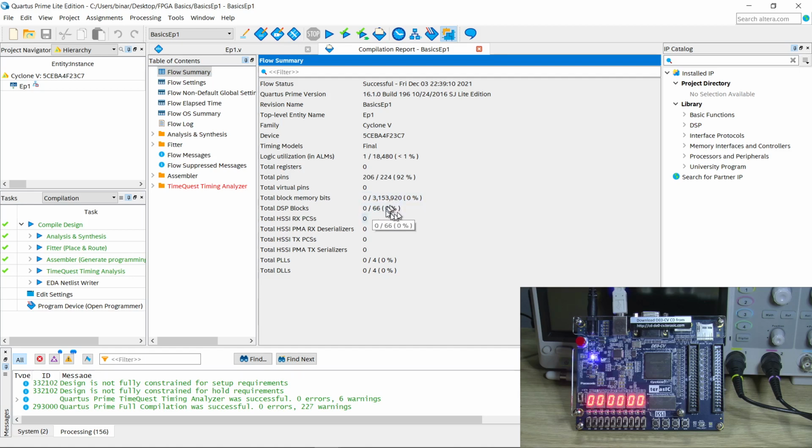How much of our DSP blocks we're using, so not using any of the memory or DSP blocks. And we can see how much logic utilization, so our adaptive logic modules we're actually using, so less than 1% in this case, so hardly using any of the chip whatsoever, simply because we're wiring up some inputs to outputs directly, so not a lot going on there yet. So that's our compilation report. There is a bunch of extra stuff that it will show there, which we're not going to go into at the moment. But we will go back into